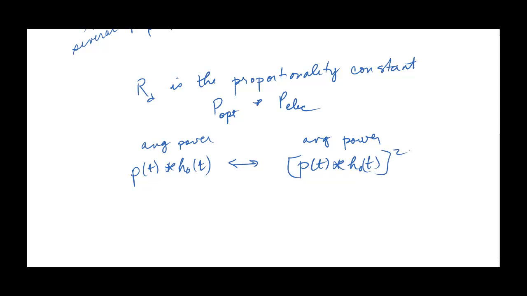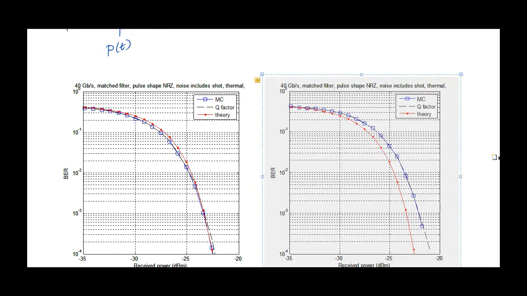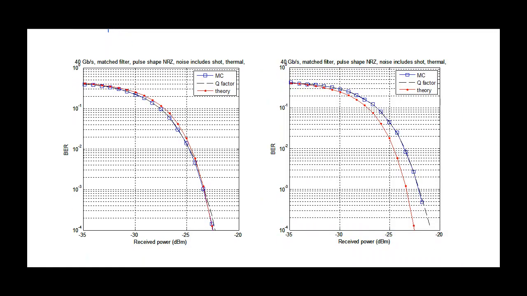So what I'm going to do is introduce a normalization to P of t, and the normalization I'm going to choose is such that, for the given shape P of t, these two quantities are the same. So I'm going to normalize it so that if I take the power of either of them, they give the same results. Okay, so if you don't do the normalization that I mentioned here, you're going to get a discrepancy in your